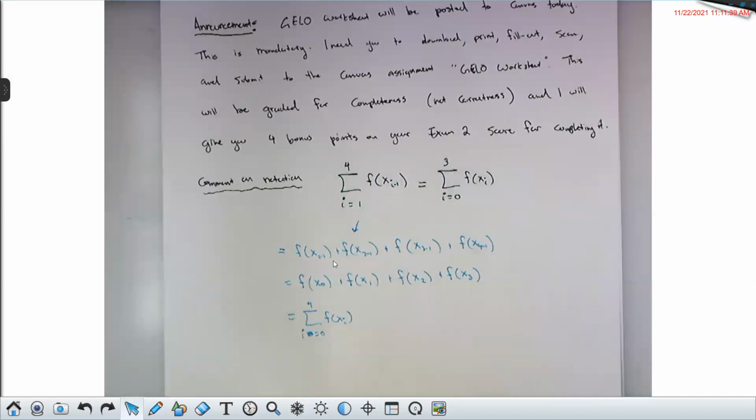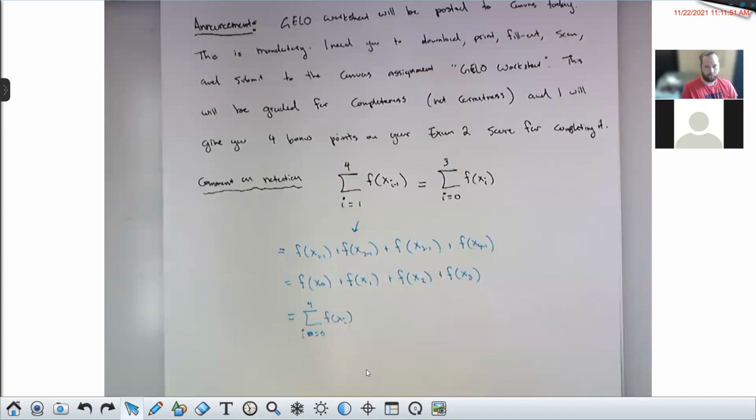So the little sticking points here, I do need you to work this on your own. Don't worry about whether it's perfect or not, right? Just show me your genuine thoughts on it. You're going to get all 4 bonus points, whether the questions are correct or not, right? The correctness does not factor into what score I give you for this. You will get all 4 bonus points as long as you hand the thing in.